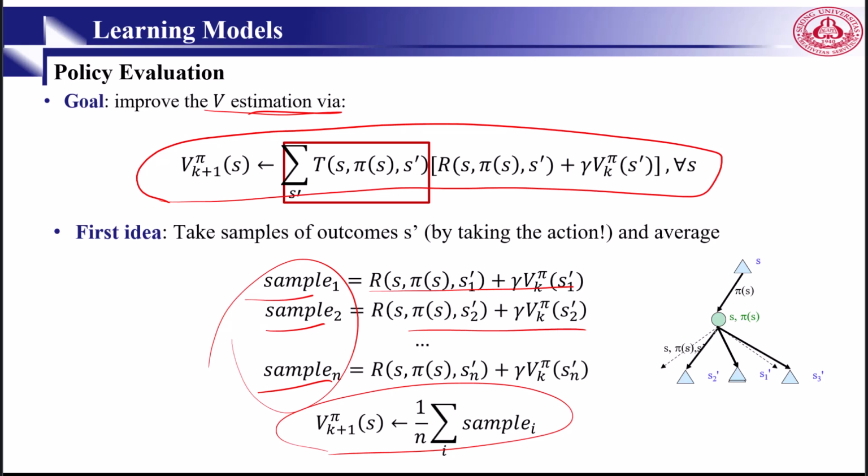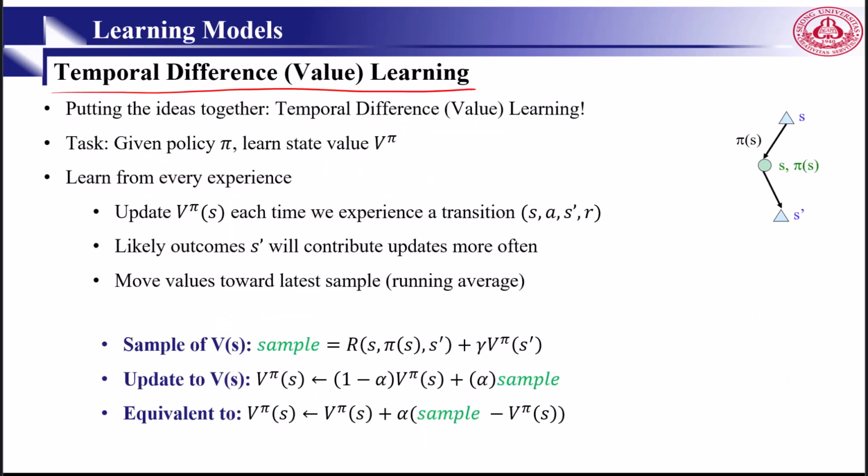This is a cornerstone of dynamic programming in reinforcement learning. So the next topic is temporal difference learning. This is one of the most important ideas in reinforcement learning. In here, we try to update values step by step. It does not require full episodes. It blends the strength of Monte Carlo and dynamic programming, and it is the basis of Q-learning and the SARSA algorithm. So we have some of these samples that we calculate based on this equation.